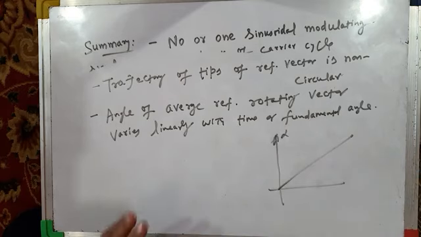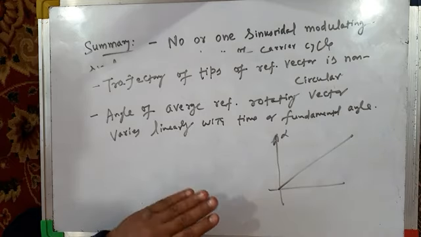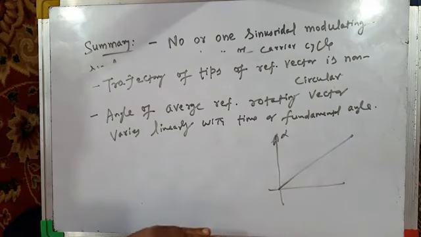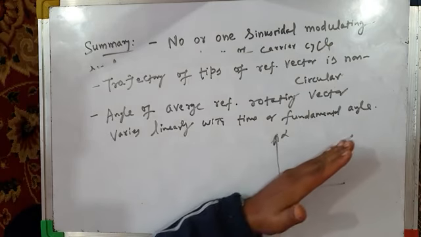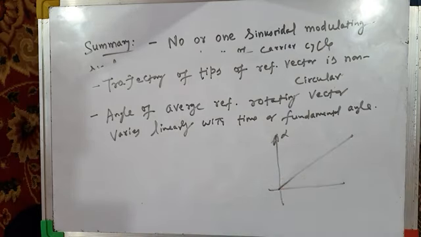Okay, the magnitude of the reference vector varies with time or with angle, but its angle does not change. Angle varies linearly. It varies in a linear fashion. So that is for modulation index greater than 1.0 but less than 1.15, and we have taken a modulation index of